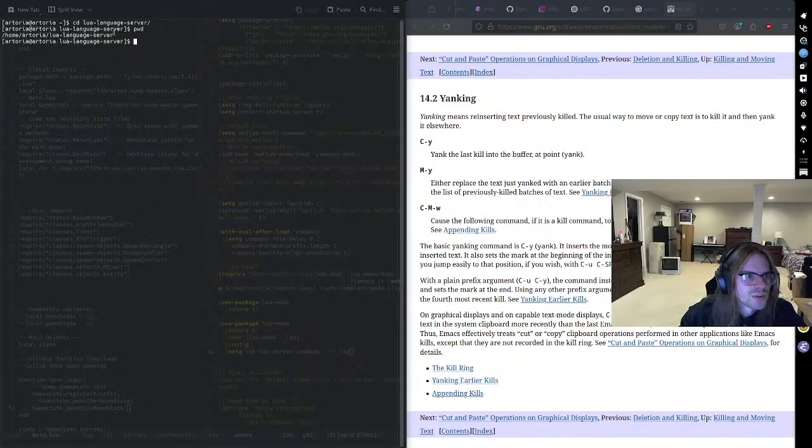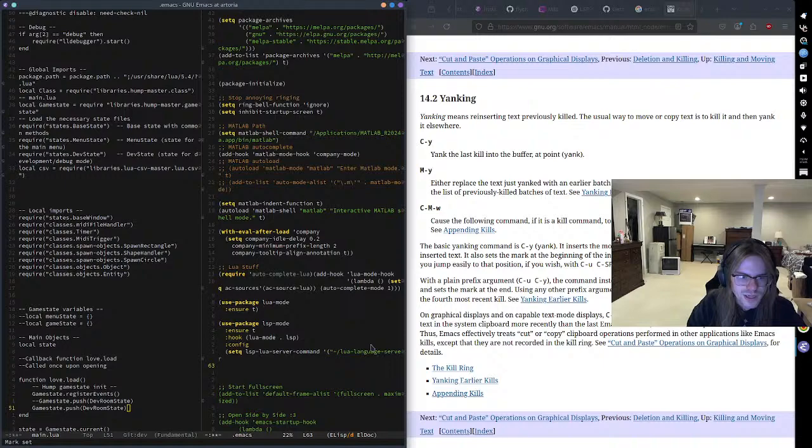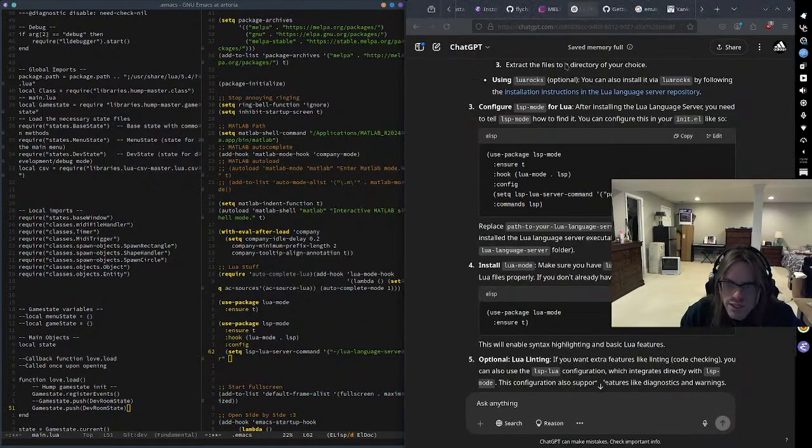And let's just grab this. Oh, it's just home Lua language server. Okay. And then we'll kill this, and then we will paste that. So I guess technically that's just the folder that it's in. That's the path to the server, and then the executable is just